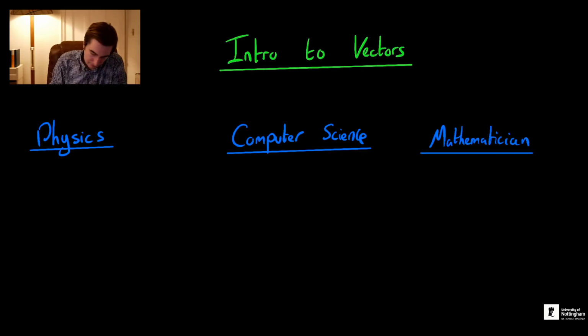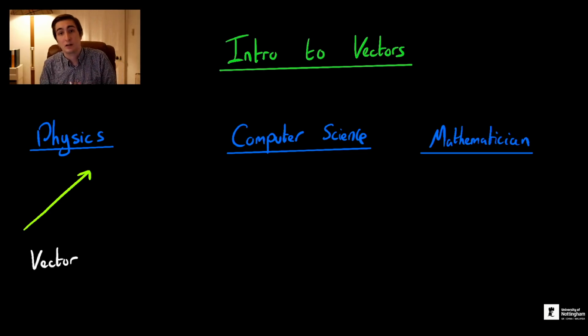Starting with the physics perspective, we think of a vector simply as an arrow in space. That is, we think of it as an object that represents physical quantities that have assigned to them a direction and a magnitude. A typical example could be the velocity of a particle. The velocity of a particle is described by the direction in which the particle is moving and the speed of that particle at that point in time, which is, in other words, the magnitude of that vector. So this physics perspective gives us a geometric viewpoint of vectors as simply arrows